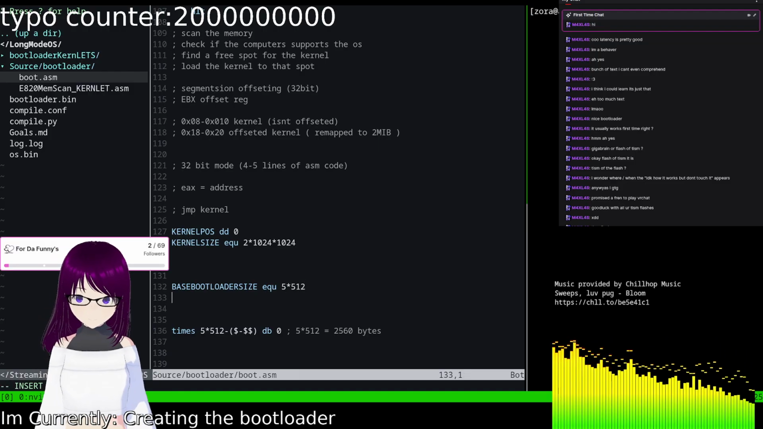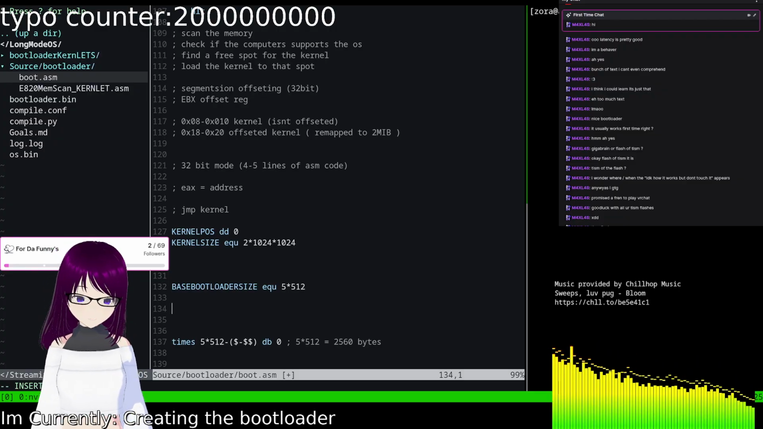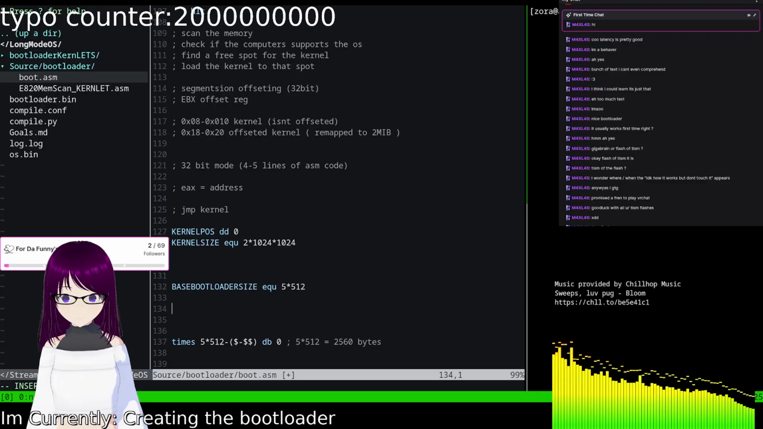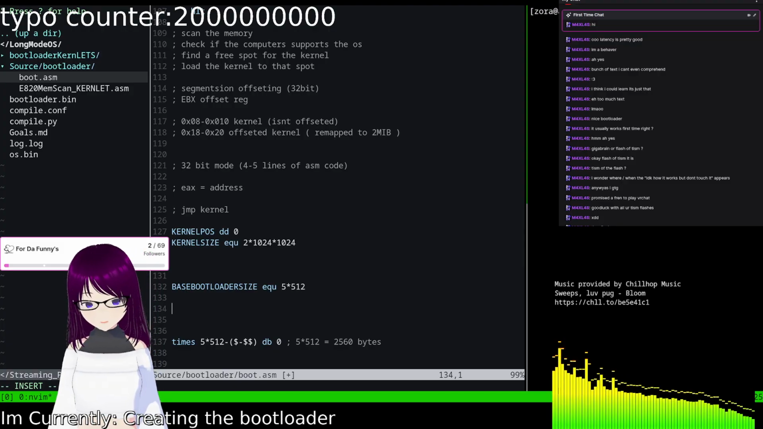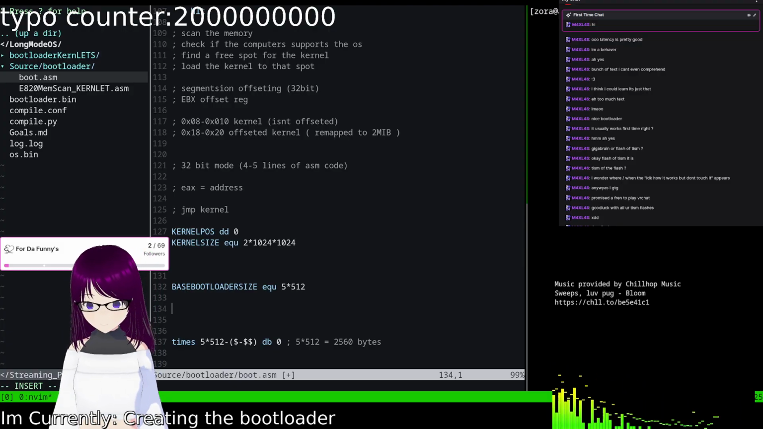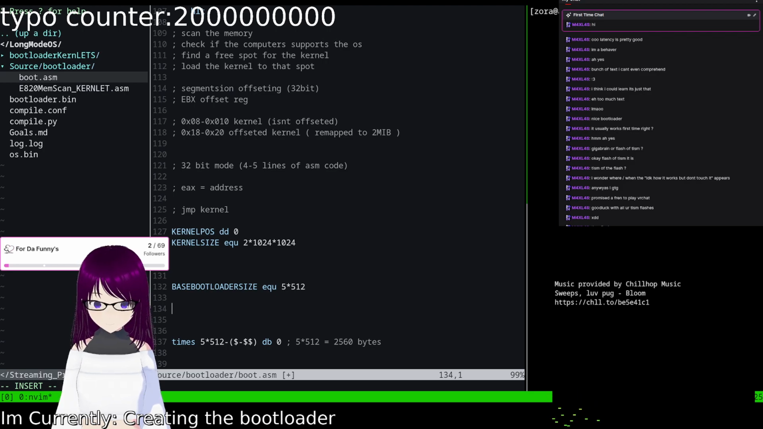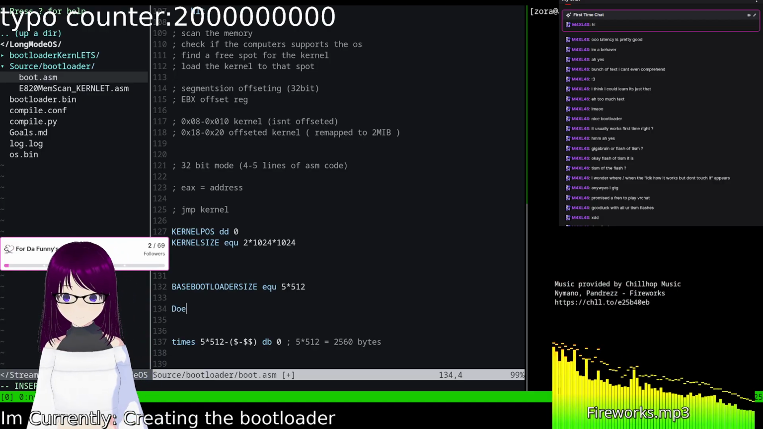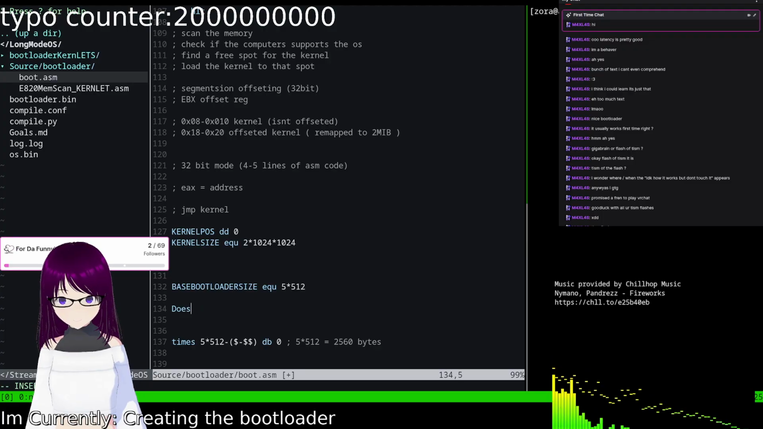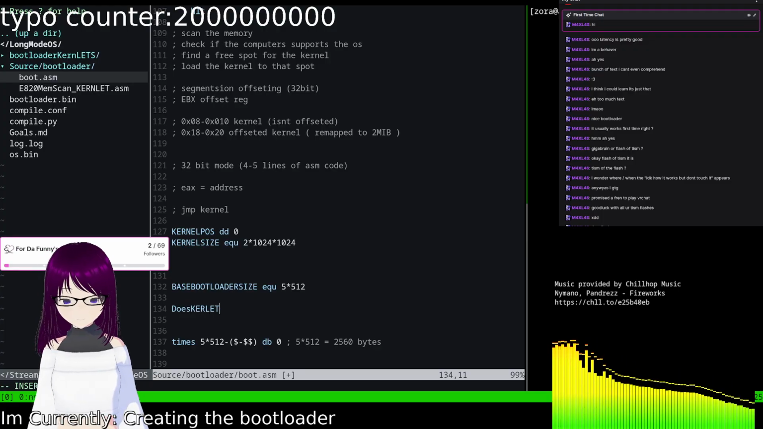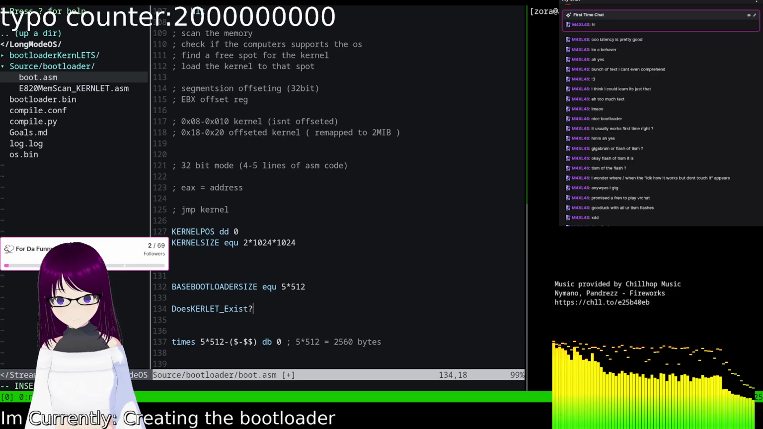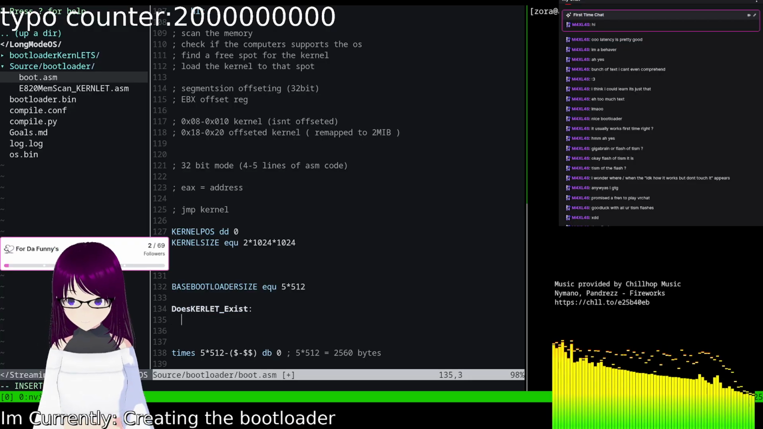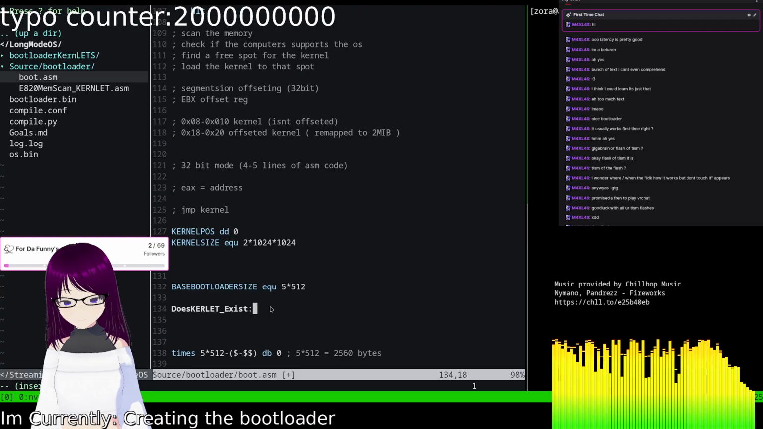Now, what we're going to need to do is check if the kernel exists, and if it doesn't, we need to move on. So, how are we going to go about this? We'll create a function. We'll go, does kernel exist, and if it does, we're going to return,